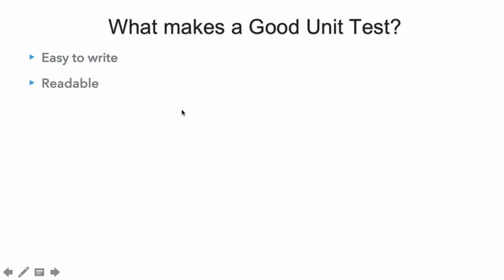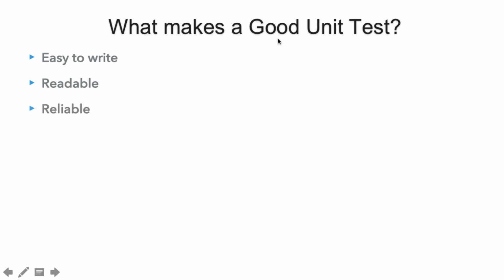The second thing which makes a good unit test is its readability. As we discussed that a good unit test is easy to write, it should also be easy to read. By readability we mean that the test should show its intent, that is, what it is actually testing. Let's say a particular developer has written some unit test. For another developer the test case should be readable so that the other developer doesn't have to put in a lot of effort in figuring out what the unit test actually does.